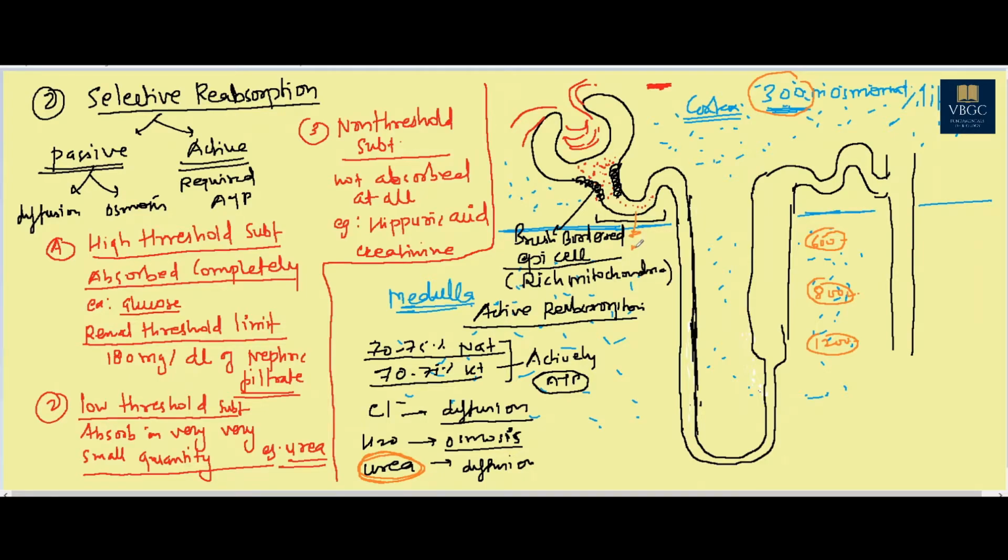Water is absorbed here. Then we have the absorption of sodium and chloride, but the things that get absorbed follow different ways. Once absorption takes place, some amount of water gets absorbed by diffusion, some amount of chloride gets absorbed by diffusion, and most of the sodium and potassium get absorbed here. Now why are we absorbing sodium and potassium? Sodium maintains our blood pressure.